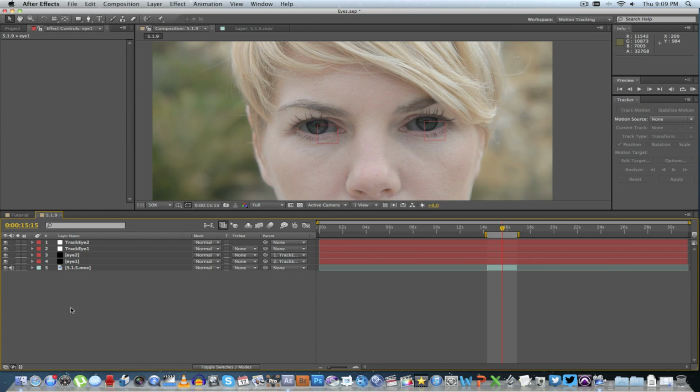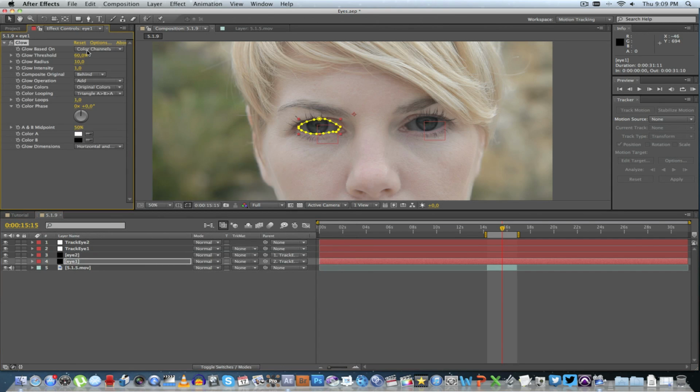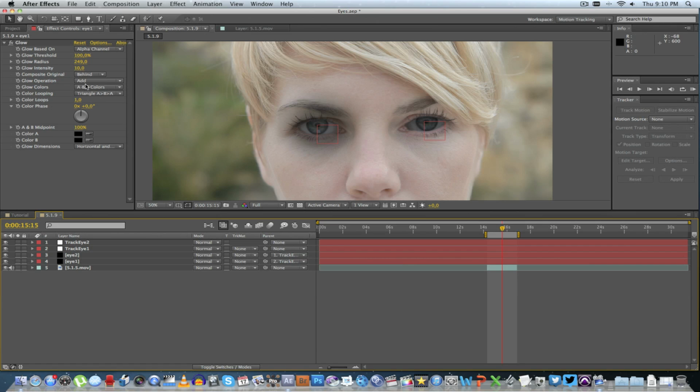Okay, so what we're going to do next is add the glow effect. So right click on I1, click on effect, and then go to stylize and glow. Change your color channels to alpha, change the color A to black, and then also change the A and B midpoint to 100%, and then you can start playing around. So let's change the threshold to around 100, change the intensity to around 10, and the radius we can up that a bit, maybe somewhere around there,